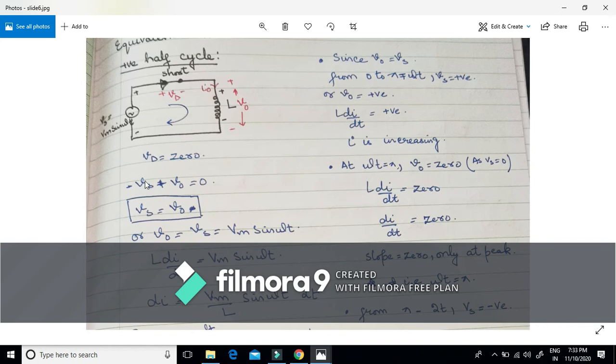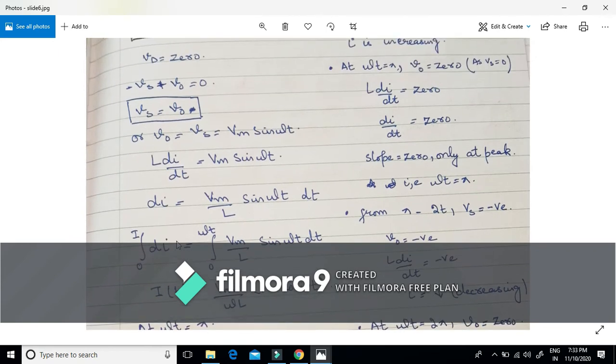Here, minus Vs plus Vd is equal to 0, plus V naught is equal to 0, because the voltage across the inductor is represented by V naught. That means V naught will be equal to Vs and Vd will be equal to 0. Since we know V naught is equal to Vs is equal to Vm sine of omega t,